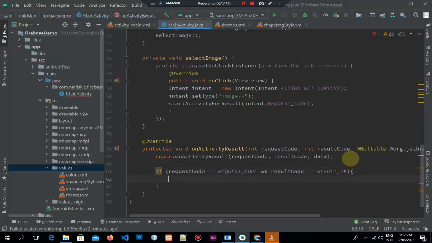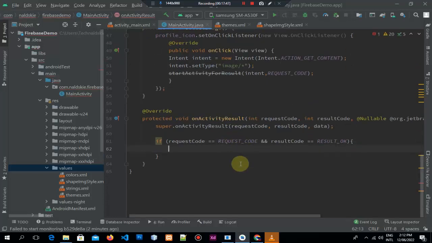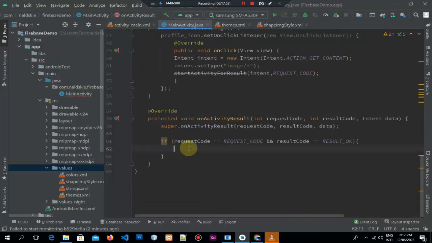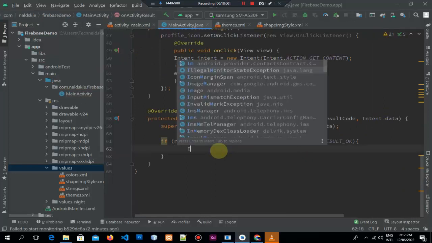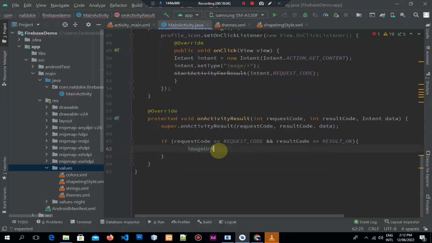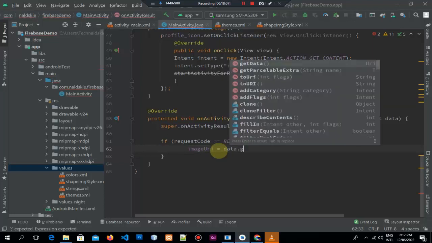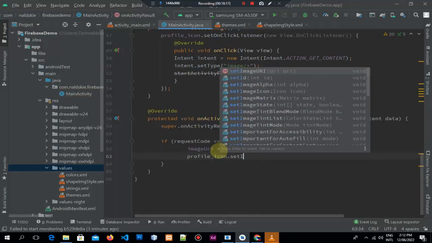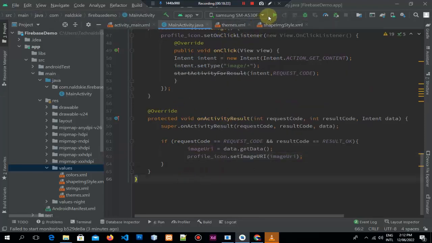If that is, we can execute a statement or a body here. We can write it to execute it. So we can say image URI, we can set our URI, or the unique resource identifier, here to data, get data, and we can set it to our profile icon. So profile icon, that's it, image URI, unique resource identifier. So now if you run this one, you should assign an image